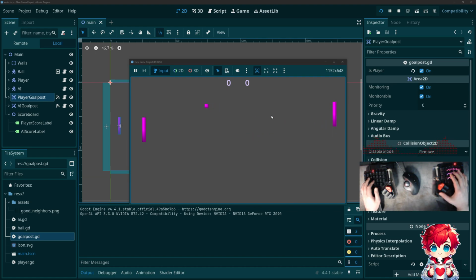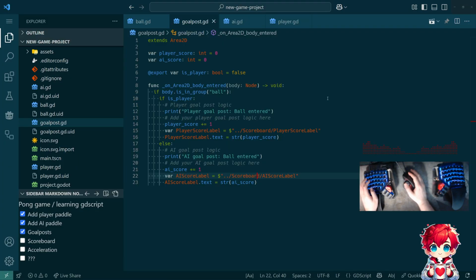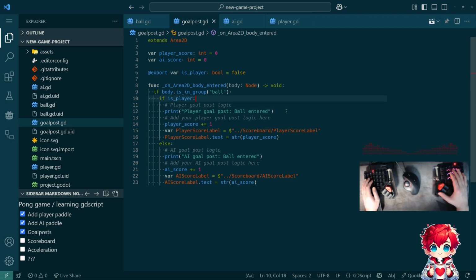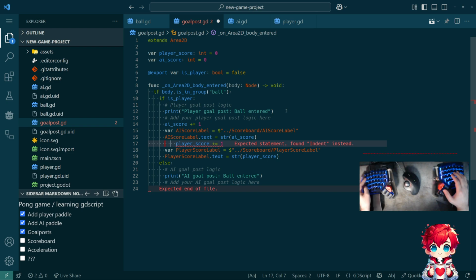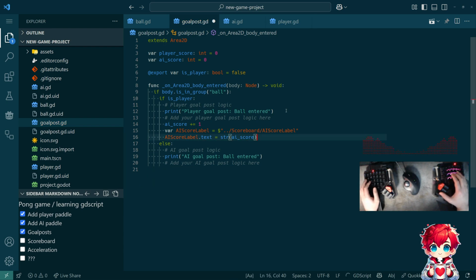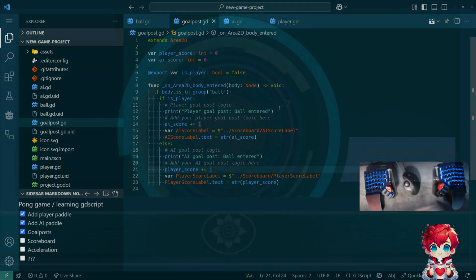I'm gonna let the AI win. There we go. But it's the wrong direction. If it is the player, then the AI just scored a point. So this needs to be reversed. But otherwise, yes, technically this works. It's a thing that I think is maybe not great to mix some concerns together, but I need to take a break here because it's been another hour. So I'm gonna take a break for 3 minutes and we'll come back and